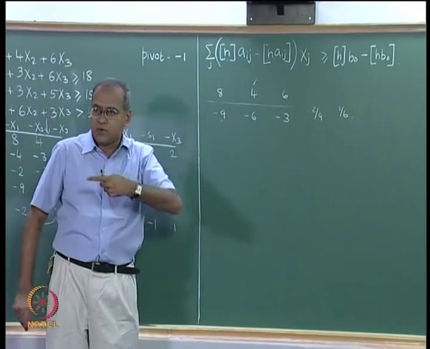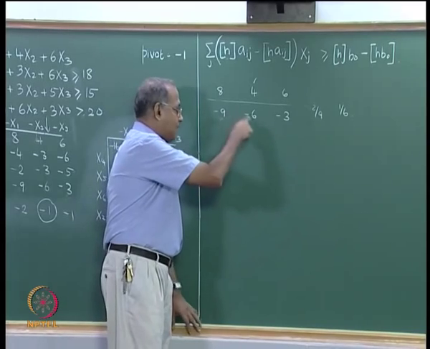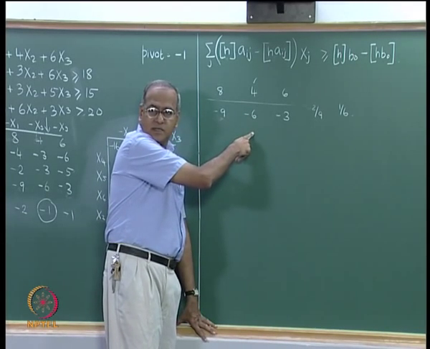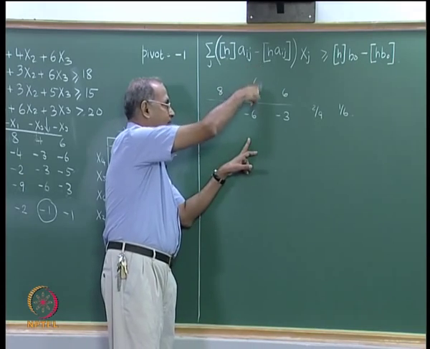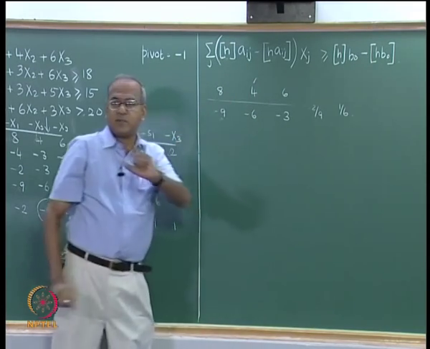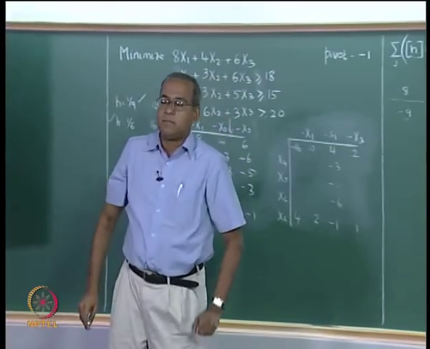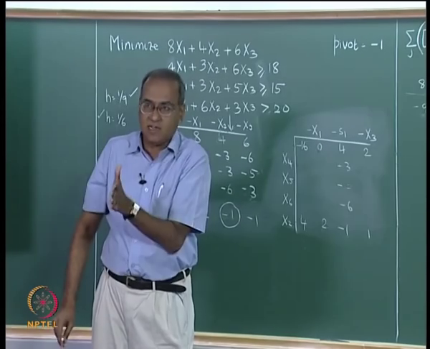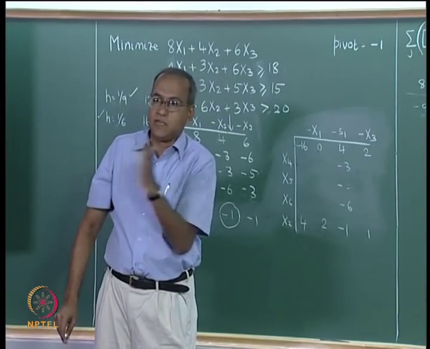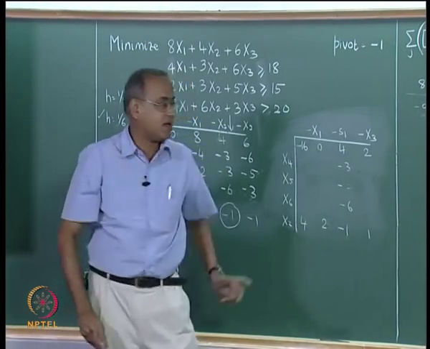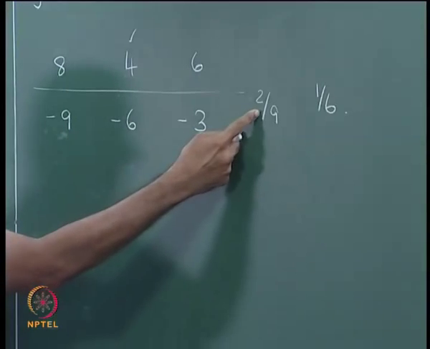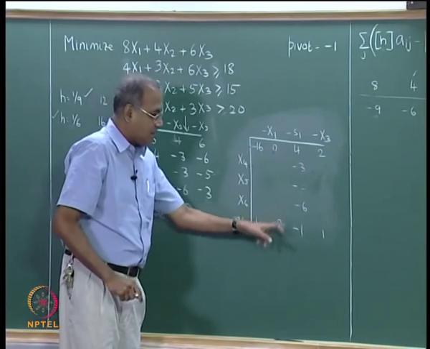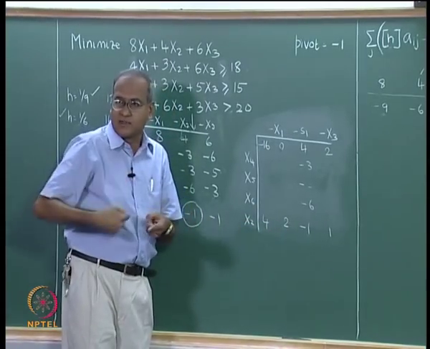So, when I use h equal to 1 by 9, I am going to get a minus 1 here and a minus 1 here, because 9 is bigger than 6, and I can always enter this, so that dual feasibility is maintained. But how do I know that 1 by 6 can give me a better value than using 1 by 9? By comparing this ratio and getting this 2 by 9, which again as I said is the number that is going to come here at the end of the cut.